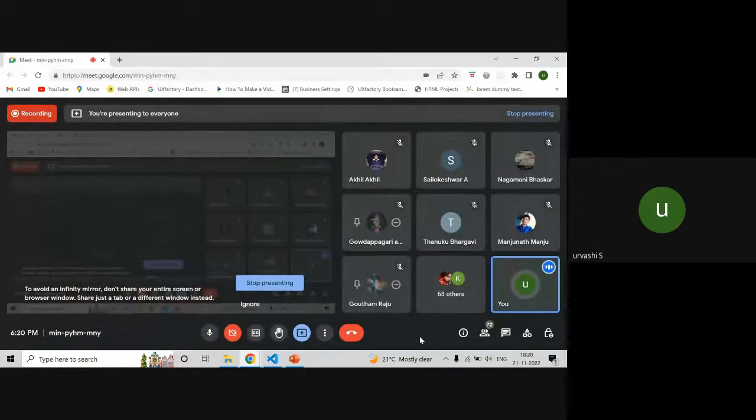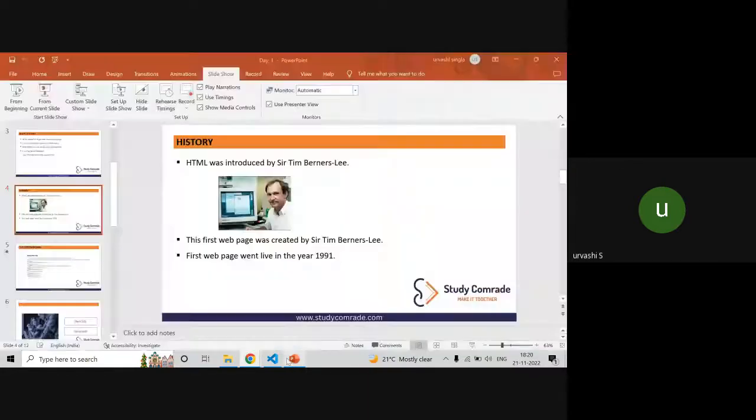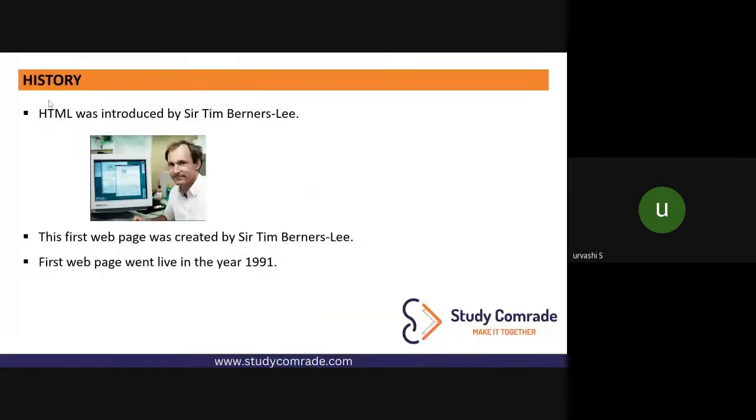Even if you go to any other language team, like I said, even if you go to React, Angular, Vue, Next.js, those are also advanced UI technologies. Like we are looking at the basic ones, HTML, CSS, and JavaScript. These are called the three basic magic trio of front end development.